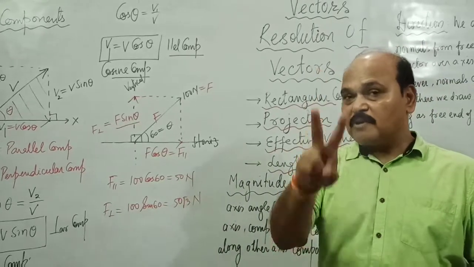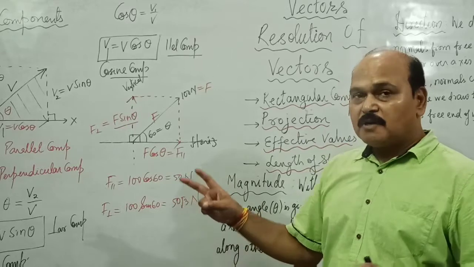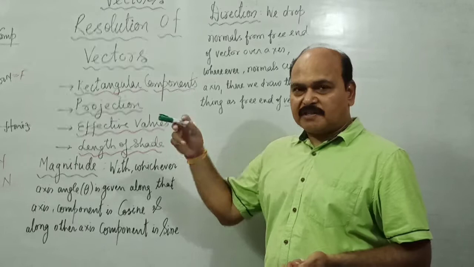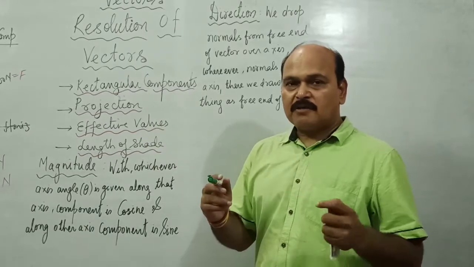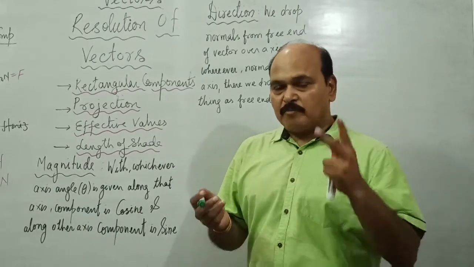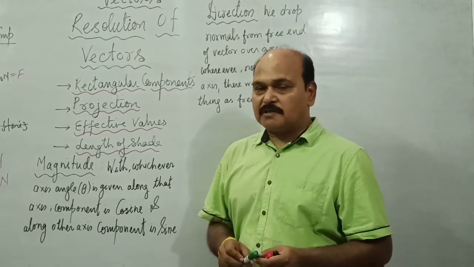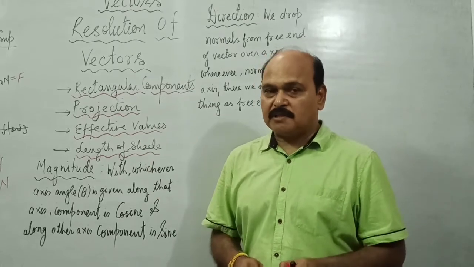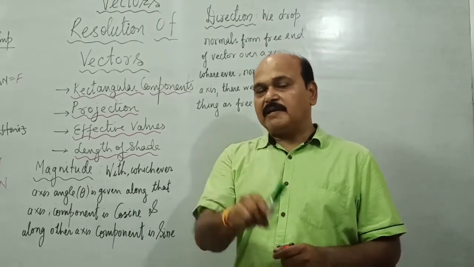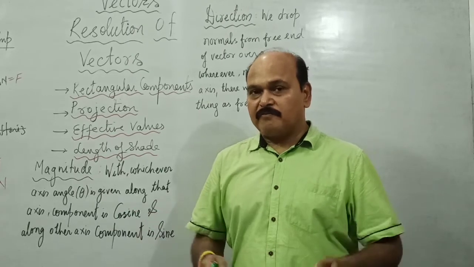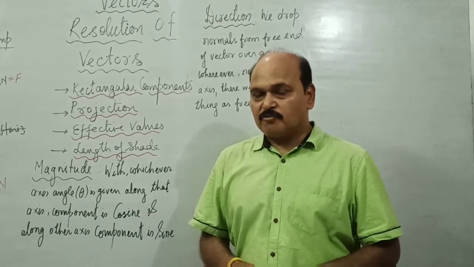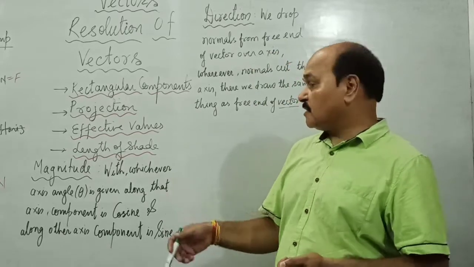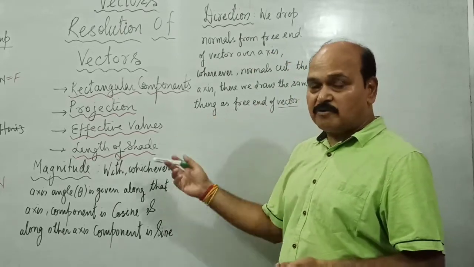and to be able to apply it for general situation, we are going to make two conclusions, one for magnitude, other for directions. Children, when a vector is broken down into two parts or into its two components, both the components are two individual vectors, two entirely different vectors, and of course they are perpendicular to each other. Both the vectors have well-defined direction and of course well-defined magnitudes. So what is generalized conclusion about the magnitude of these components and direction of these components? That is what I am going to state.